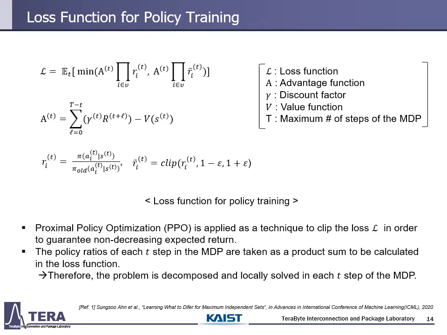The following is the loss function for training the policy. The loss function acts as an objective function or the cost function that the policy is trained to maximize. So the policy is trained based on the reward function to maximize this loss function. But I will skip the details of this loss function because we don't have much time left and this is too much into machine learning.